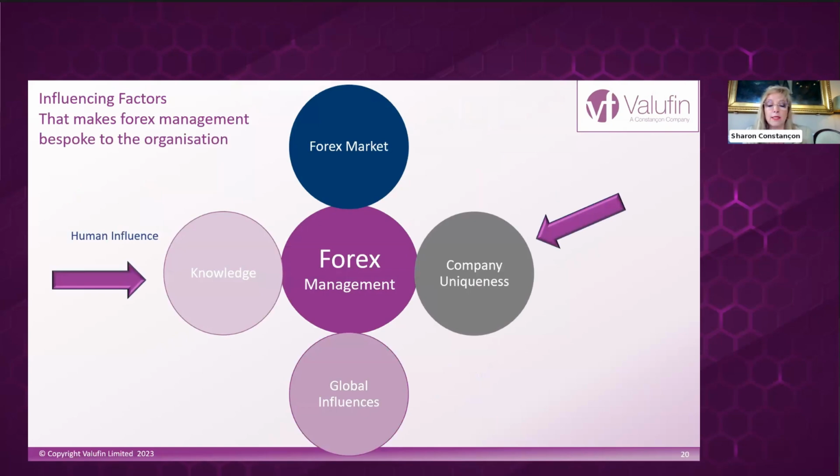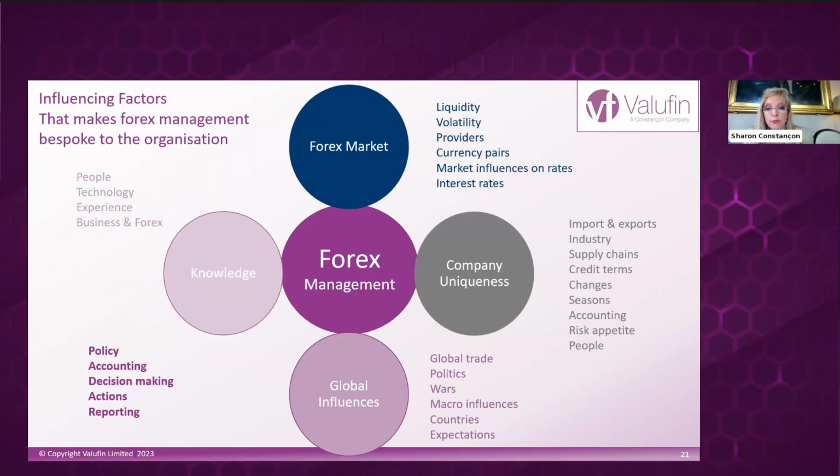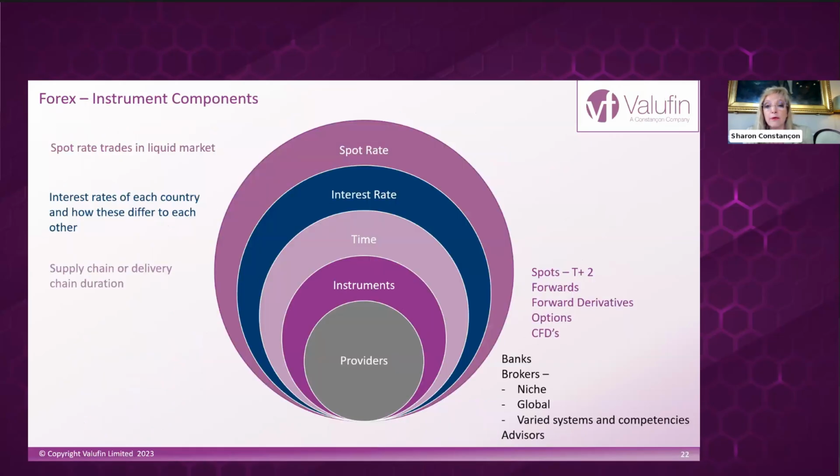And what we've learned today is the human influence in the knowledge space. So how do we, as knowledgeable or not that knowledgeable people that are influencing the decisions being made by the company, how are we impacting those in a positive or negative way? If you look at the things we've covered today, we've covered the policies, accounting, decision-making, the kinds of actions we might take. We haven't covered reporting. Those we have got in other elements of the framework. We've talked about reporting. We've also talked about the people, the kind of technologies that might be in play, the current experience we might have, as well as the business and how that is playing out.